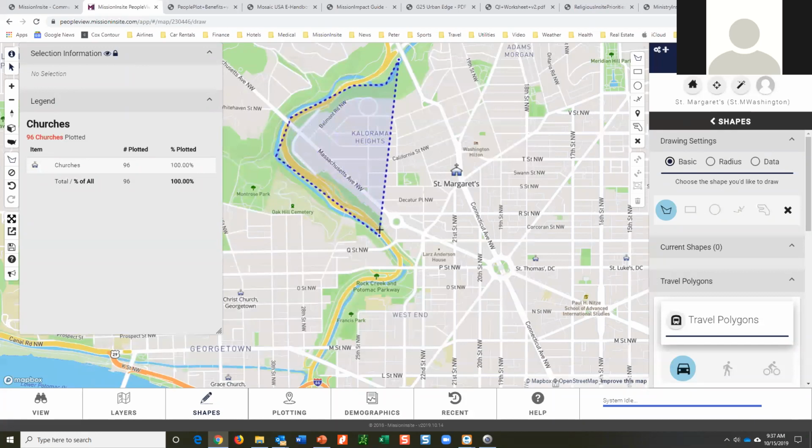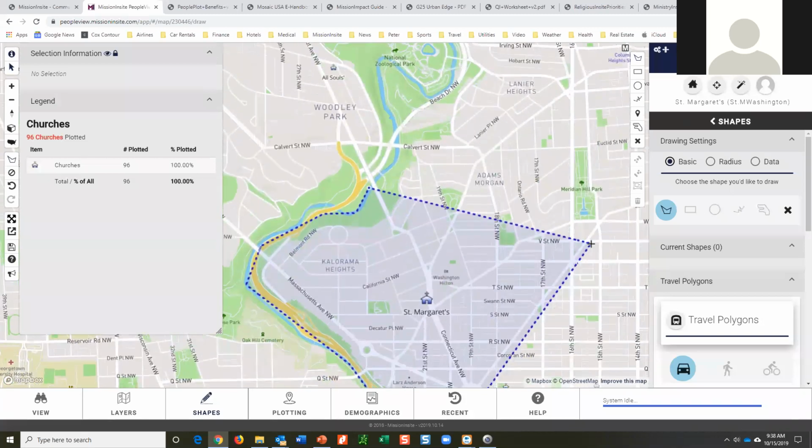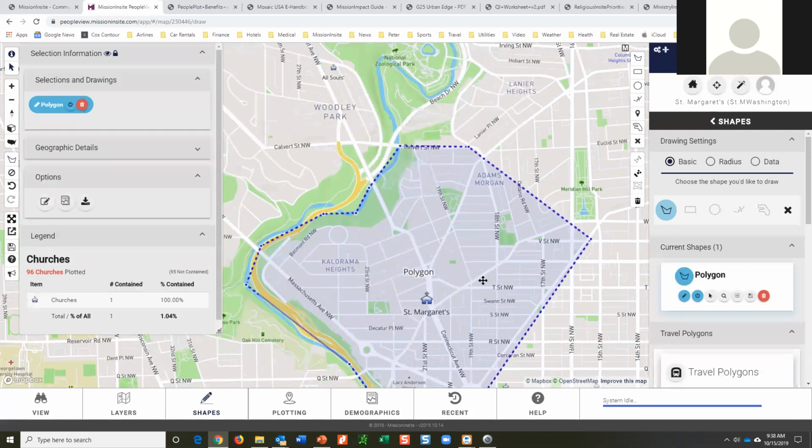I'm going to come down here, and come over to here, and come up here. I'm holding down the left part of the mouse and clicking. I'm going to come over here to Adams Morgan, and I'm going to double click. When I double click, I've created a shape.